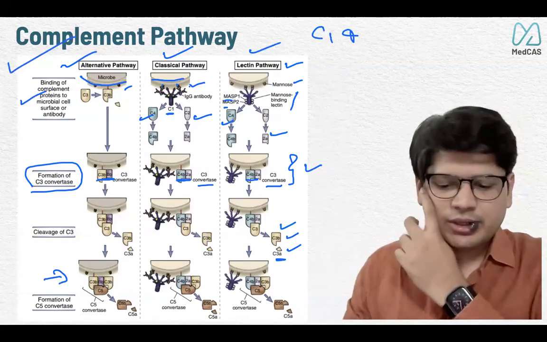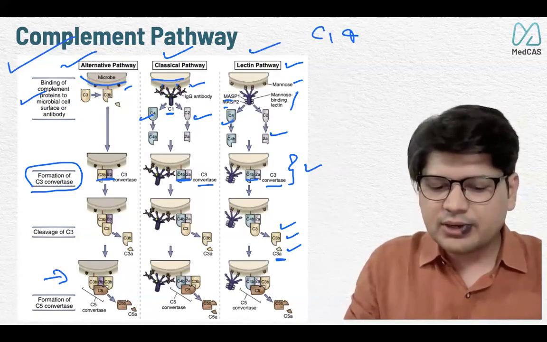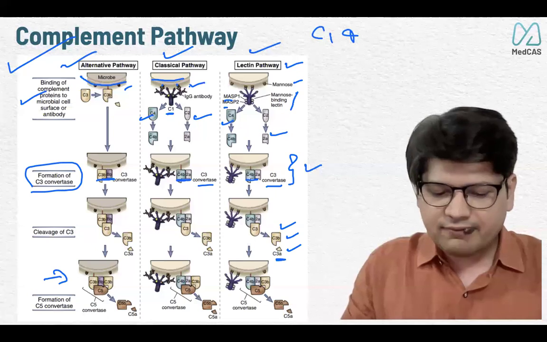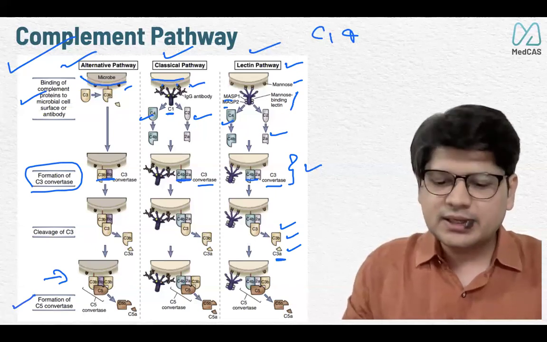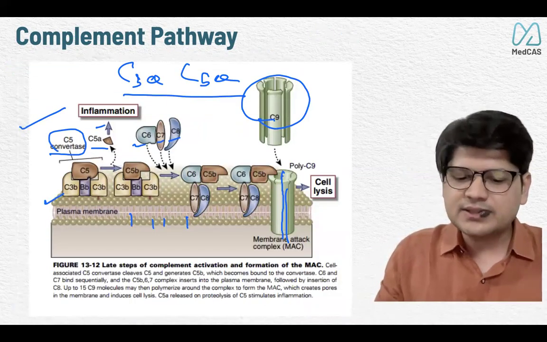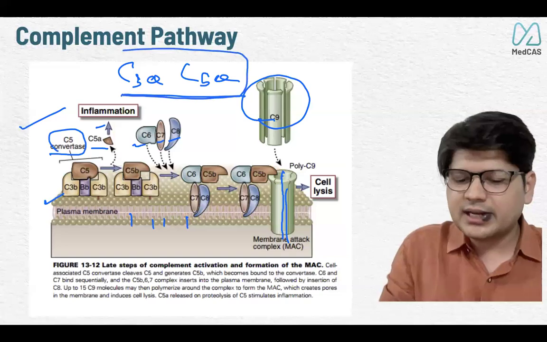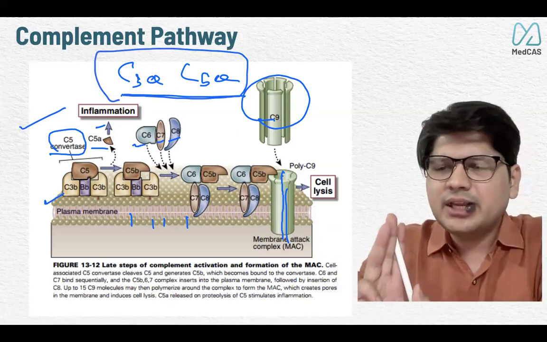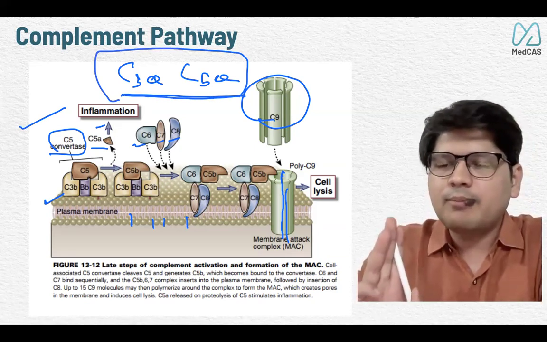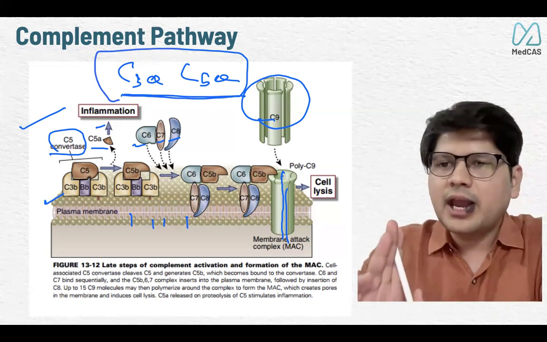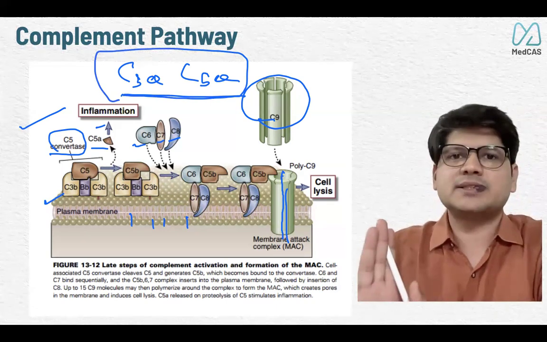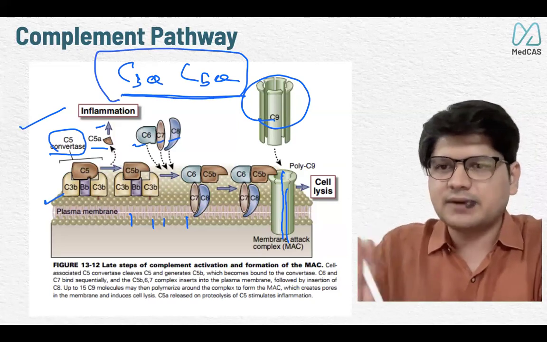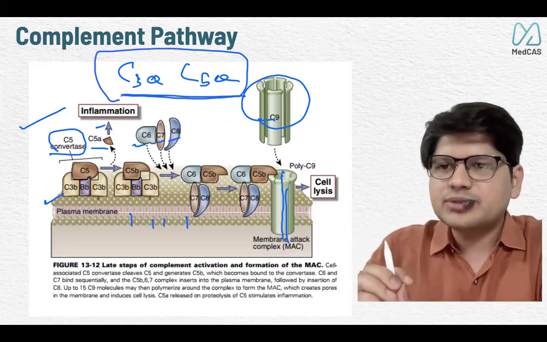So what we understood is that C3 convertase is the ultimate goal, after that C5 convertase takes place, and then cell lysis takes place, and the rest of the message is conveyed by C3a and C5a. So ultimately, the three important effectors of the complement system are C3a, C5a, and the membrane attack complex. If these three parts are affected, the problems become too much.